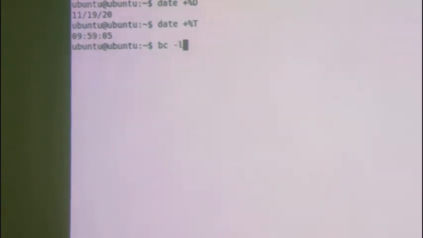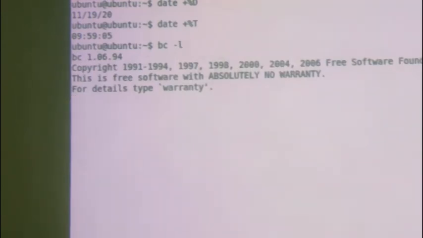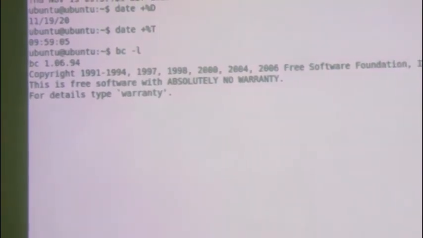The L switch is used to include the standard maths library. Now see, even if you type only BC, the calculator will open, no problem. But in the calculator, when you want to perform calculations, you need some mathematical functions. So for that you have to include it by minus L. Fine. Now when I press the enter key, just see. Now the calculator has opened. As soon as the calculator opened, what happened? The dollar sign command prompt disappeared.